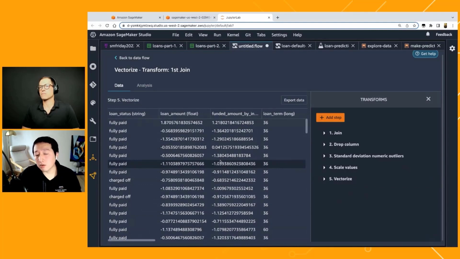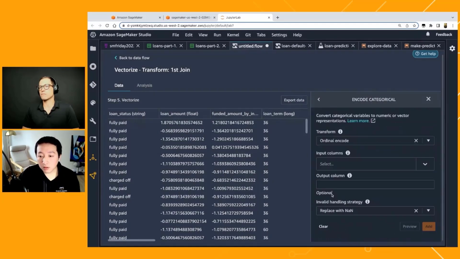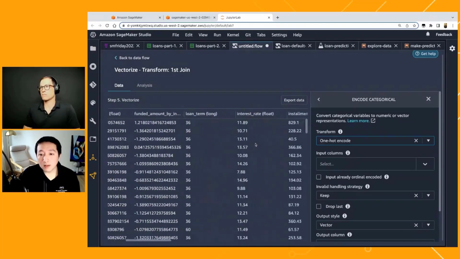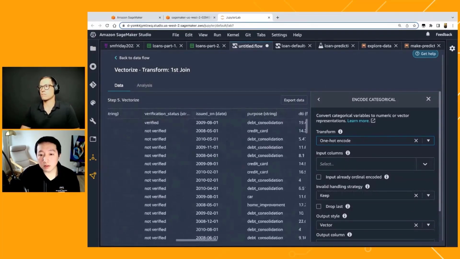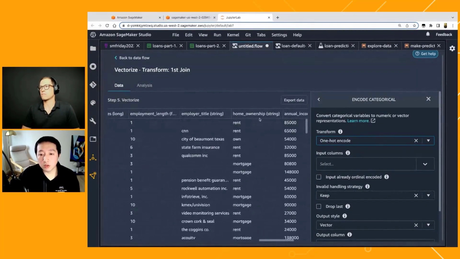But in terms of categorical, that's another very, very common feature format, right? So in encode categorical, we can use either ordinal encoding, one-hot encoding, or similarity encoding to encode the data. Very commonly, for example, there's a column on the right side, home ownership, right?